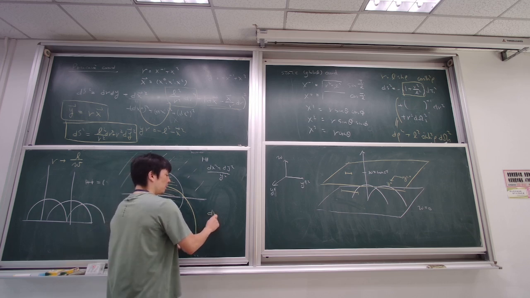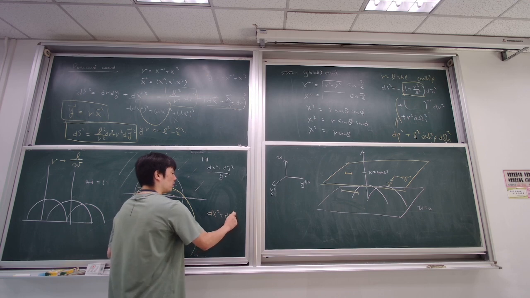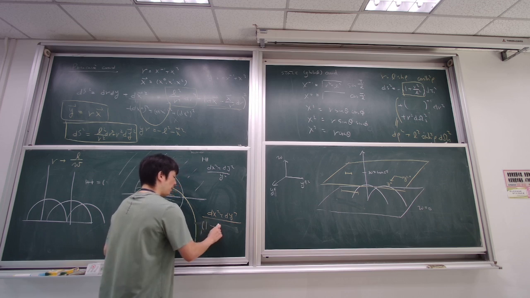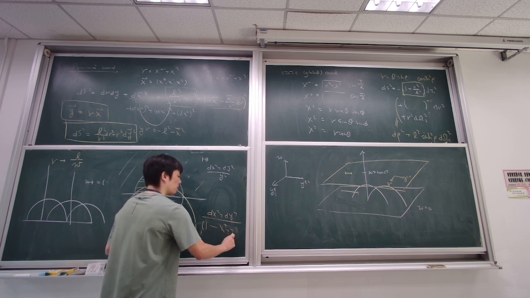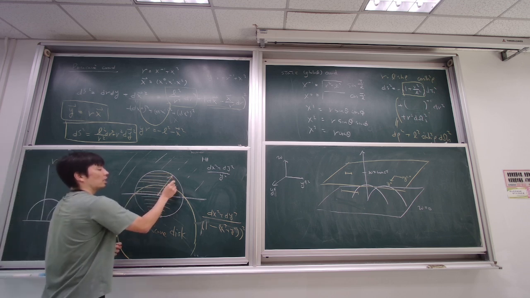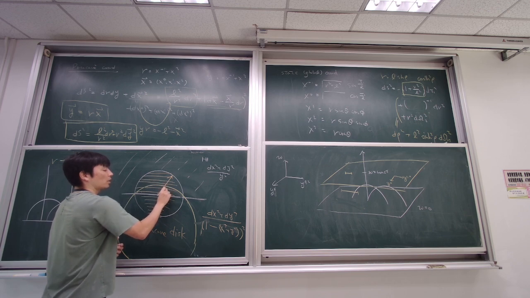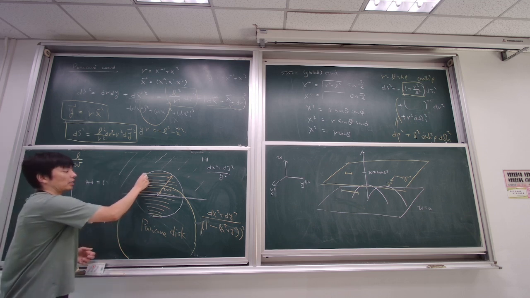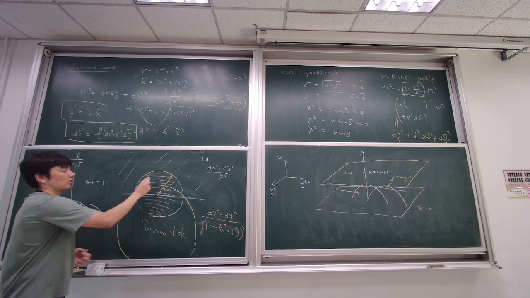What was that? dx squared plus dy squared divided by, no, 1 minus x squared plus y squared, something like this one. So it's a unit disk, R equal to 1. But the geodesic is something like, how to say,